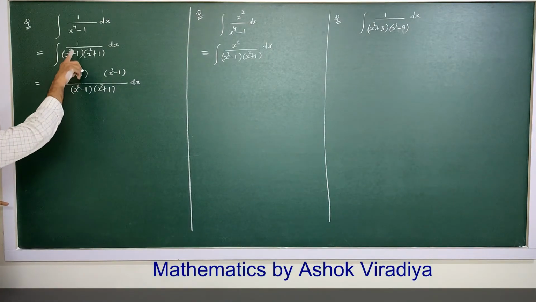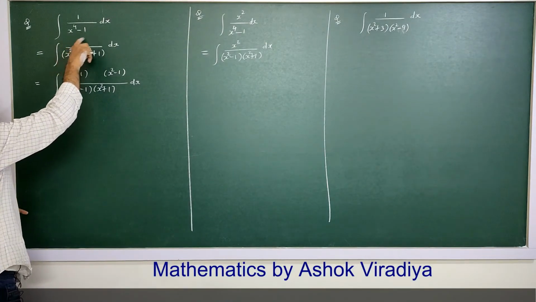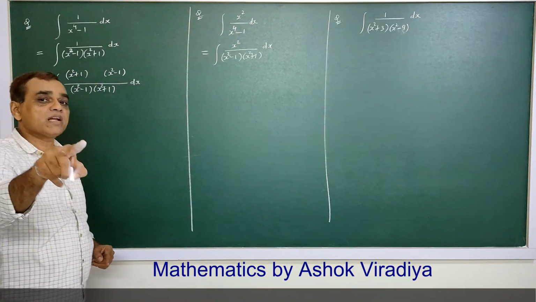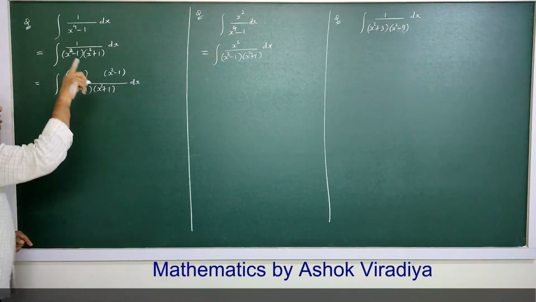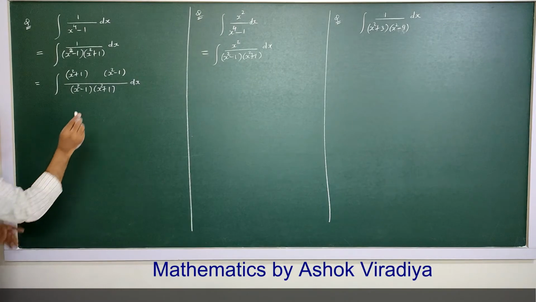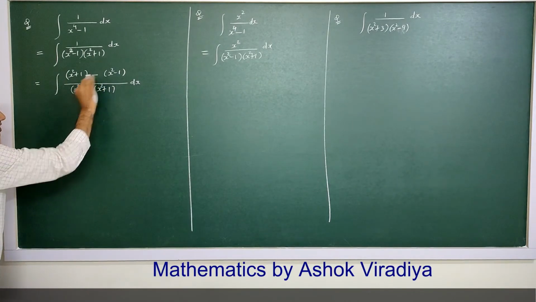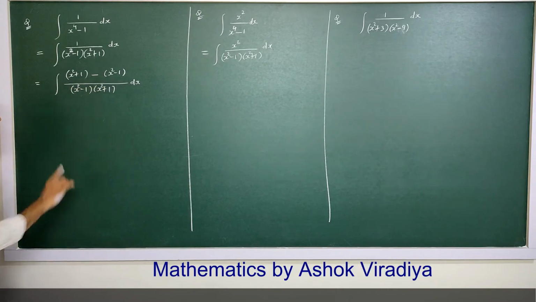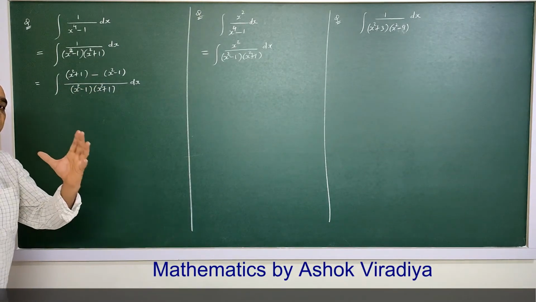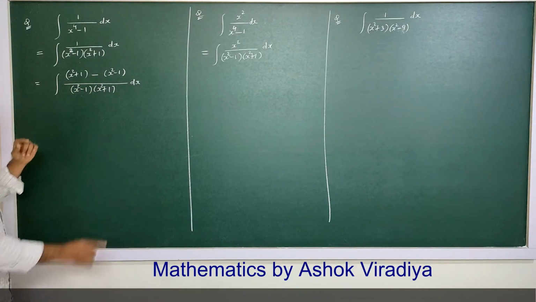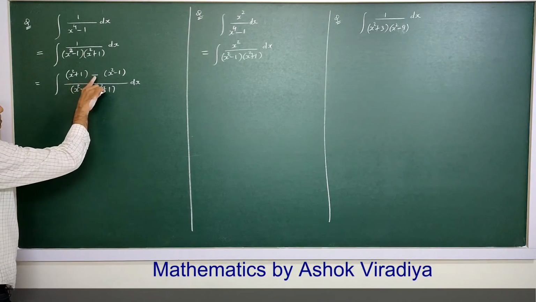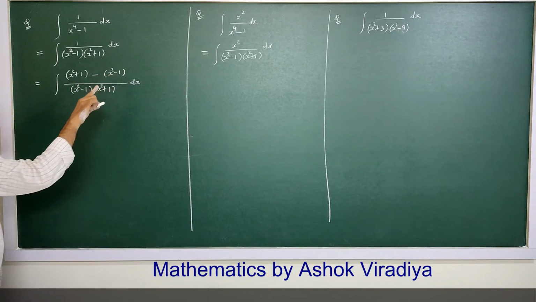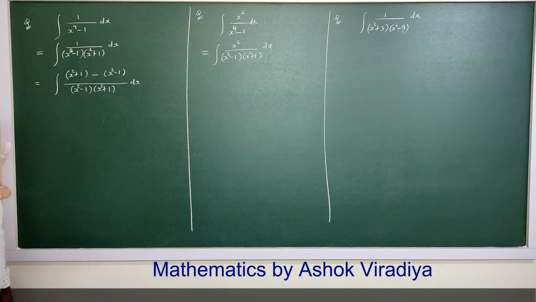Now we don't want x square. The numerator is free from variable. So because the numerator is free from variable, if I keep a minus sign here, then x square will be cancelled. Now how much is left? So in the numerator, 1 plus 1. What is left? 2 is left.